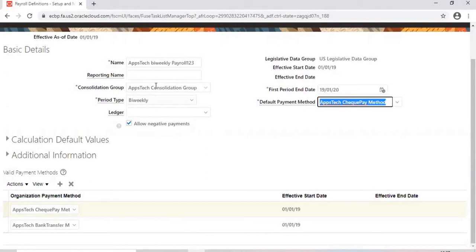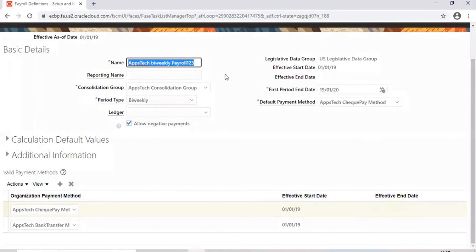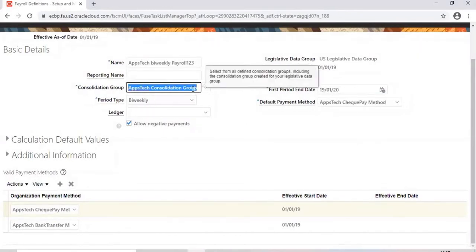I don't have to run the report for each and every payroll separately. I'm talking about reports, not the payroll process. You just run the report using the consolidation group. Obviously, all the people who belong to the corresponding payrolls will be part of that particular report. Basically, this is for reporting purposes.